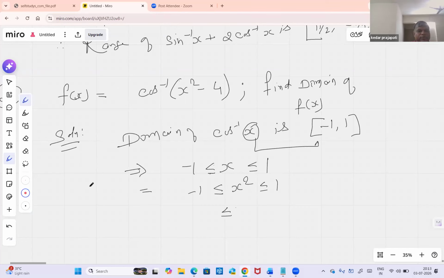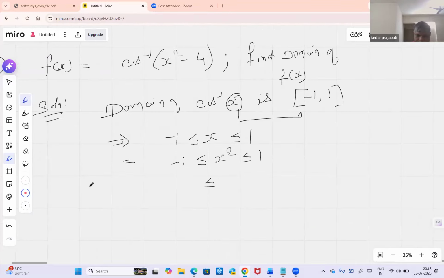I need to subtract 4 now. I'm just writing here x square minus 4. Here also you'll subtract 4, here also you'll subtract 4, and here also you'll do minus 4. Right? Ultimately, this will become